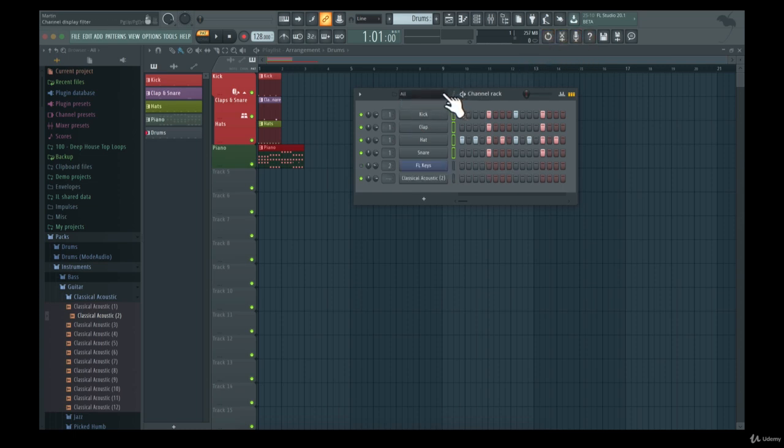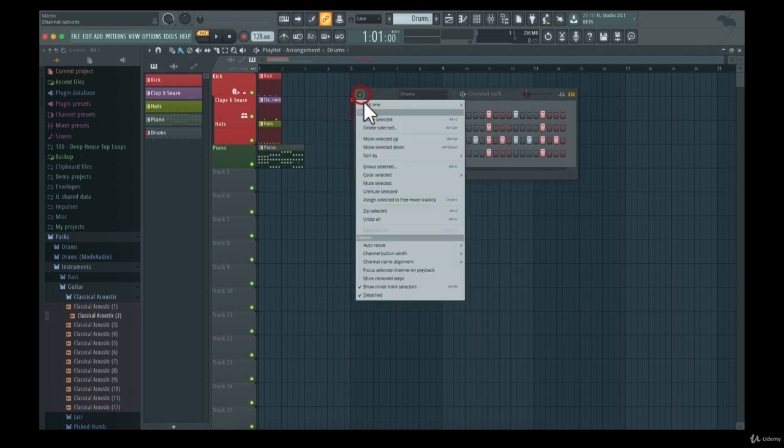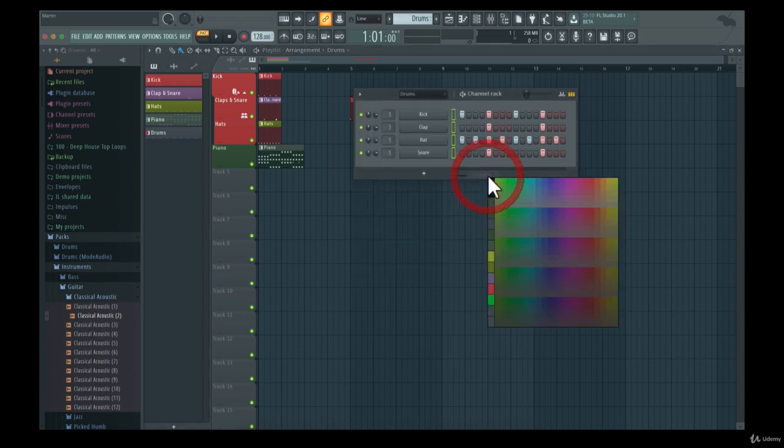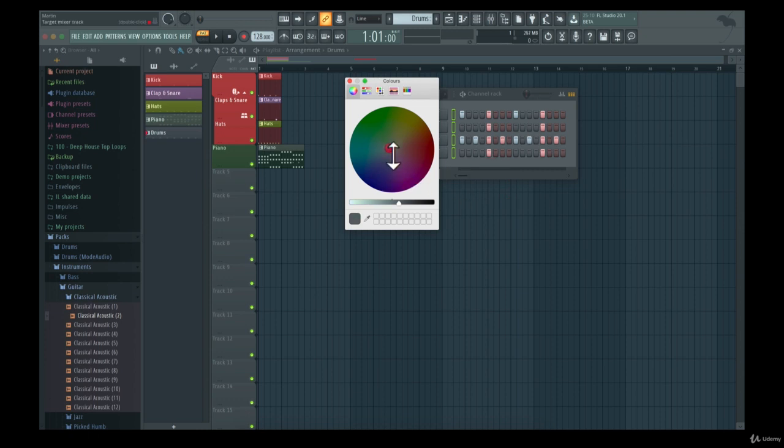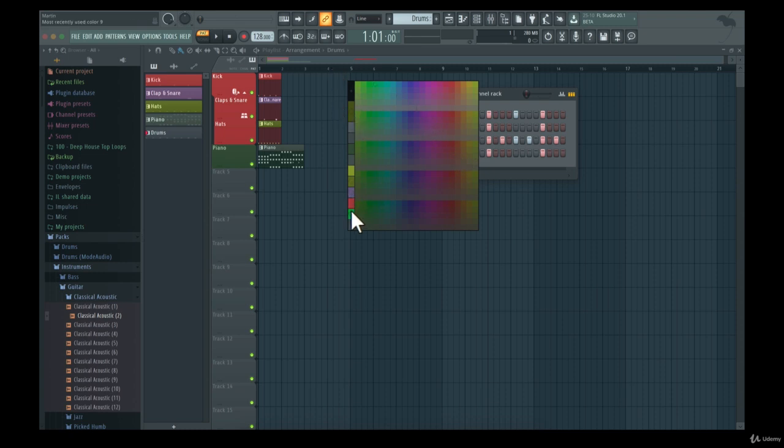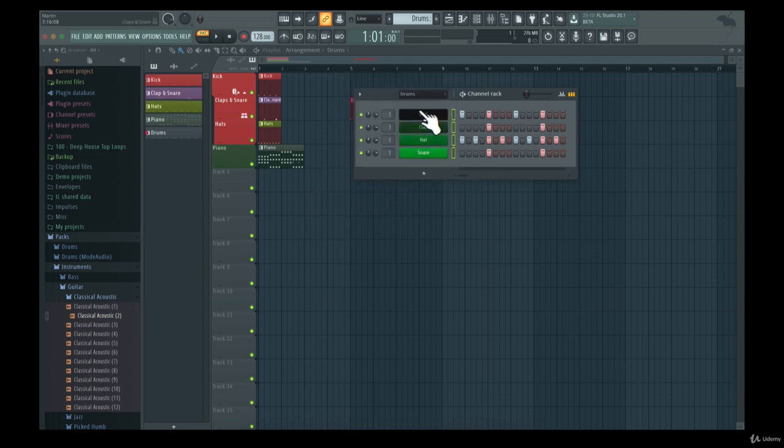Something that is very cool with the grouping in the channel rack is that you can color all of these tracks here, and you can make a gradient of it. So if I go to color selected and gradient here, I can choose the first color. Let's say that I want it to be black. Or yeah, let's choose whatever color. Okay, black. And then I can choose the second color. So let's say I want it to be green. So now it will actually make a color gradient from the first color to the second color. And that would make it a lot easier to find these instruments if I color gradient, let's say from yellow to white or from blue to white. And then you can